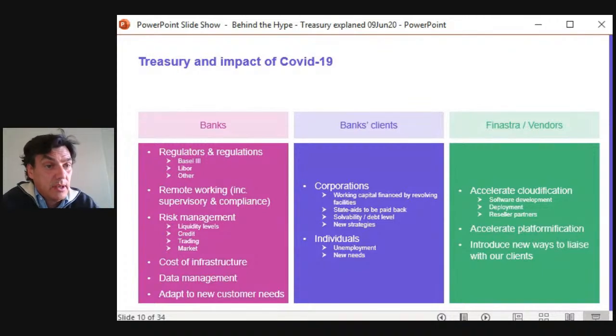On the other hand, if we look at LIBOR, they are really staying in the same position, and they are telling the banks that they will not change the end date of 2021, end of December 2021, to make the transition to the other rate, the SOFR rate, for example, in the US. So when it comes to structural change, they stay exactly the same.